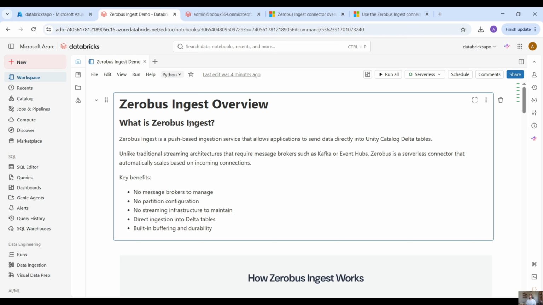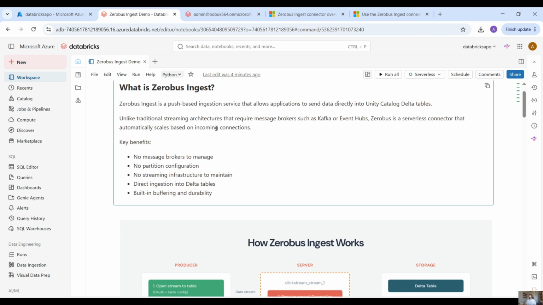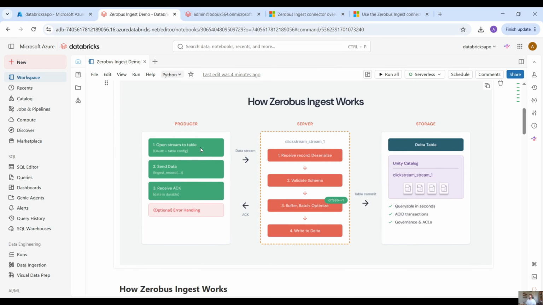Let's have a quick overview of what Zerobus Ingest is. Zerobus, as we said, is a push-based ingestion service that allows applications to send data directly to Unity catalog. The key benefits are that there are no message brokers to manage, no partitions to configure, no streaming infrastructure to maintain, direct ingestion to delta tables, built-in buffering, and durability. As you can see, the producer opens the streams, sends the data. Here, the server validates the schema, and then sends back an acknowledgement to the producer, and we write to the